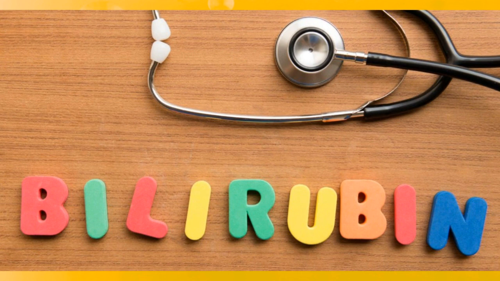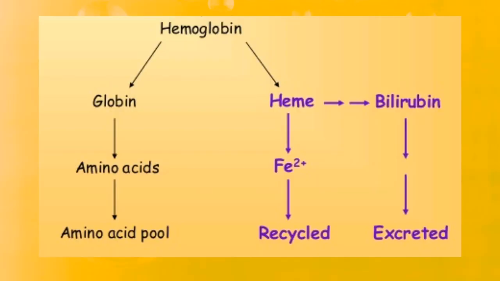Now, how is this bilirubin formed in the body? This bilirubin is formed by the process of hemolysis. The hemolysis process causes the formation of bilirubin in the body. And this hemolysis process is done mainly in three areas, or we can say three organs in the body: liver, spleen and bone marrow. At these three areas, the hemolysis process occurs.